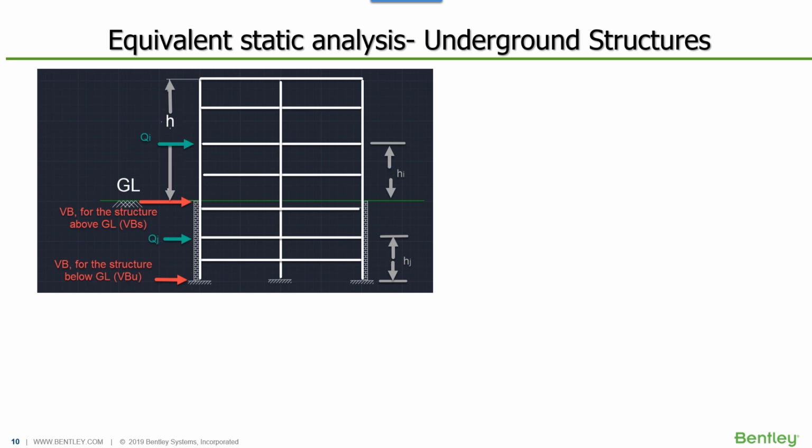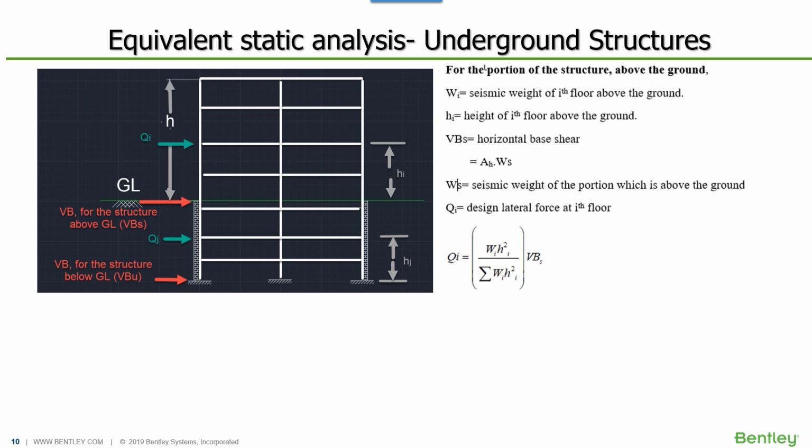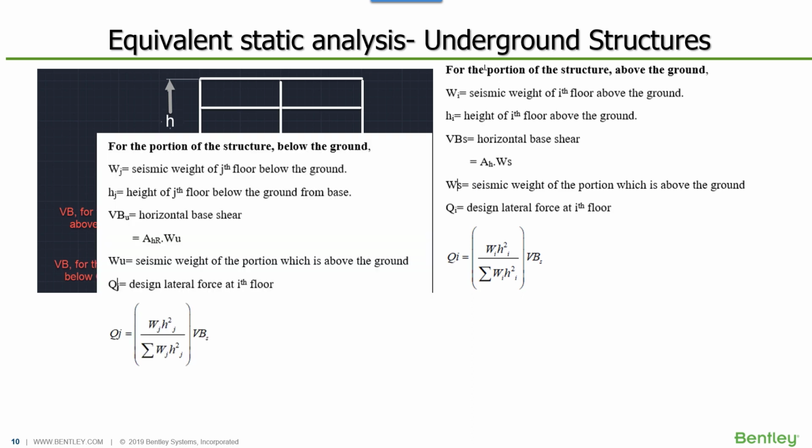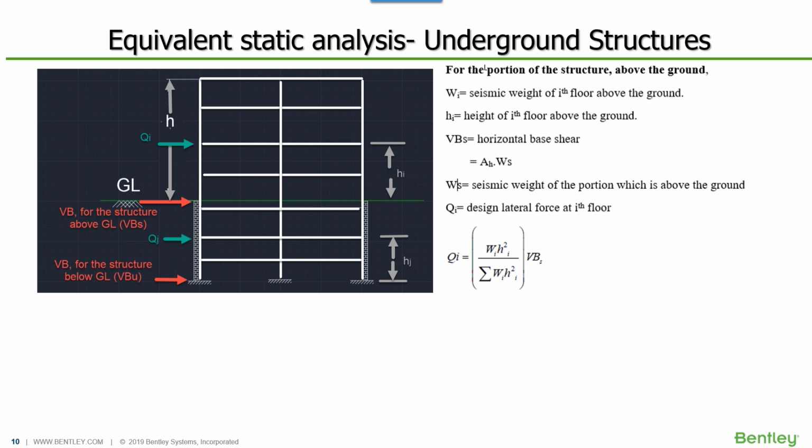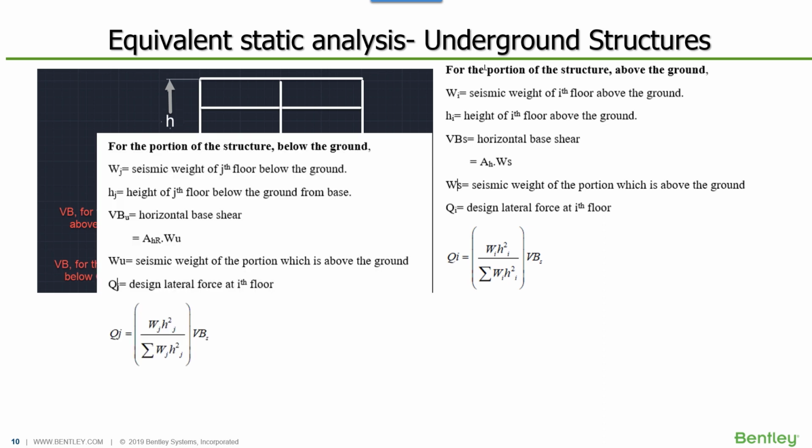This particular section talks about the portion of the structure that is below the ground, and we are considering the structure in two parts: the portion above the ground and the portion below the ground. We are computing the seismic weight for these two portions, and for the upper portion there is no reduction in the base shear. VB for the upper portion is calculated and distributed as story shear. And for the lower portion, the Ah value is reduced, considering the fact that